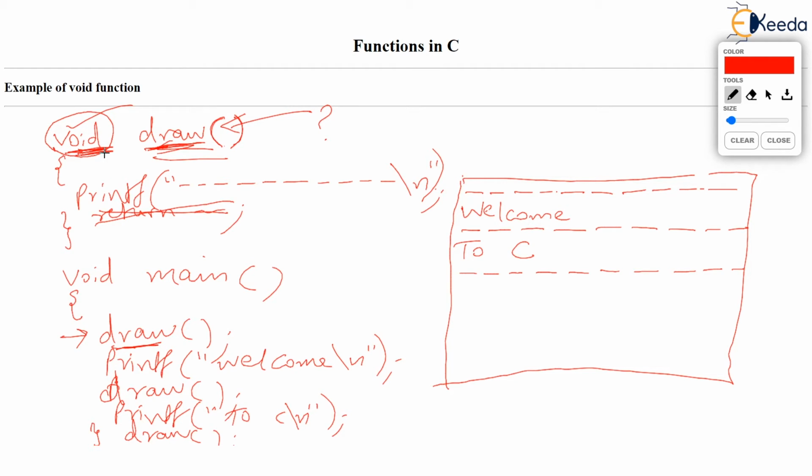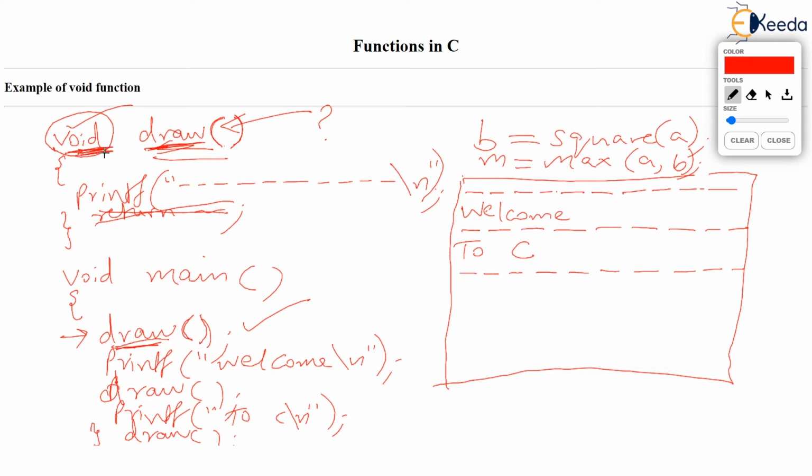Now, coming back to main, look at the call to draw. How is draw called? Draw is called simply by its name, that is draw, followed by empty brackets. Empty brackets must be written. Although we are not passing any value, you must still write the empty brackets. I hope you have gone through my earlier videos. It is so important that you see the videos in sequence. In the very first video, we had written the line b is equal to square a. You remember how the square function was called? Square a. In the second or third video, we had called the max function as max a comma b, as in m is equal to max a comma b.